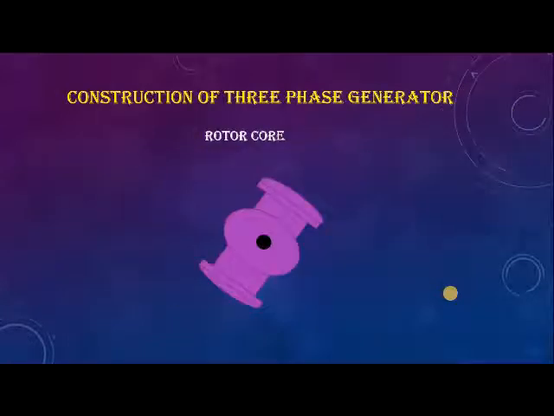And next is the rotor core. So this is a two-pole rotor. The projected poles are mounted on a heavy magnetic wheel. At the middle we have a keyway to allow the shaft to pass through it. And there are two projected poles. One will act as north pole, the other will act as south pole. And the rotor core is capable of rotation along the shaft.